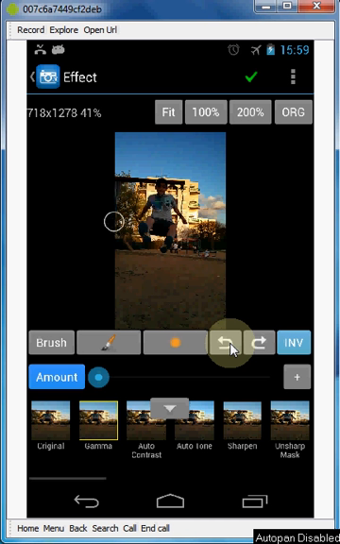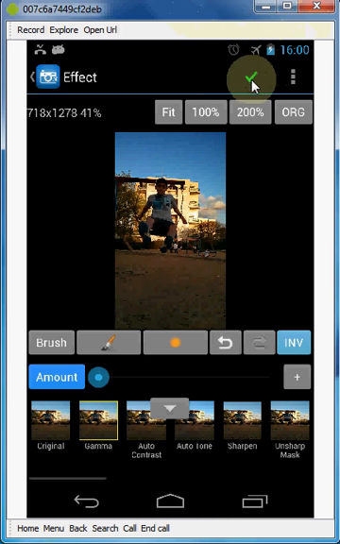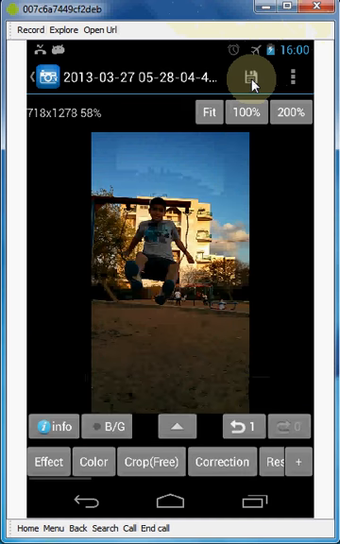Should be enough. Okay, it looks okay. It looks much better on my device if you compare it to the computer screen, but that's it. Okay, hit the OK. This is the photo. If we go one time backwards,